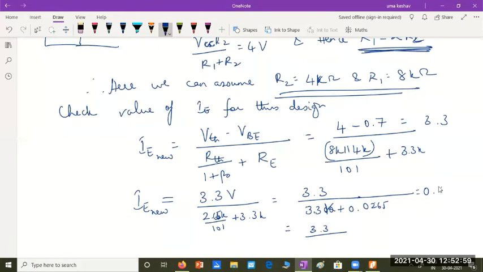Yeah, I think you should get something like this, 0.99 or something, which is much closer to 1. Please check out. You can see here itself directly, this term has reduced. This 8K in parallel to 4K will be approximately 2.65K. 2.65K divided by 100 will be around 0.0265K. So when I add 3.3K to 0.0265K, I'm going to get what? 3.3026 or something like that.